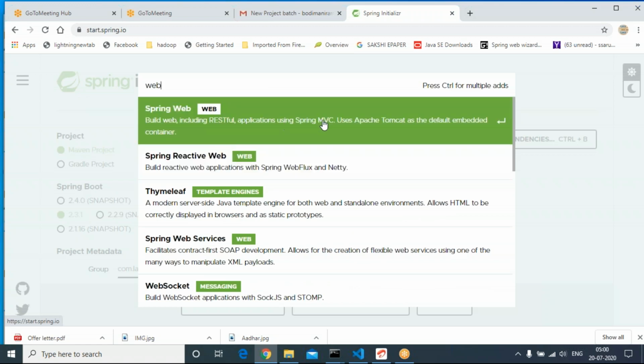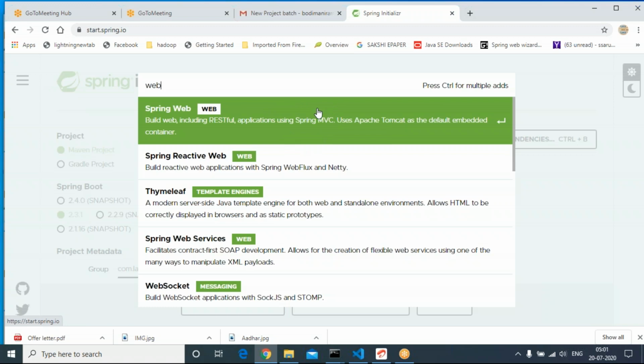I can say Spring Web is mandatory for almost all server-side applications. Spring Web contains RESTful support. It also contains Apache Tomcat. It also contains some of the essential Spring related libraries.